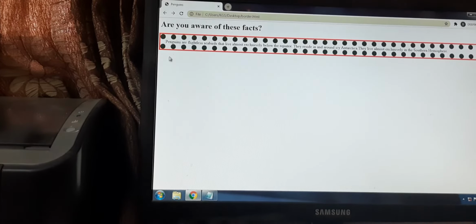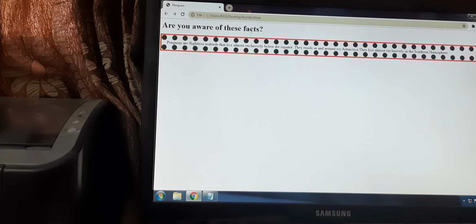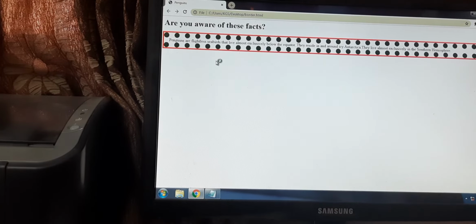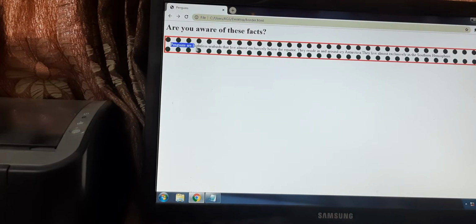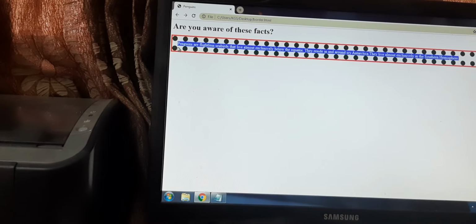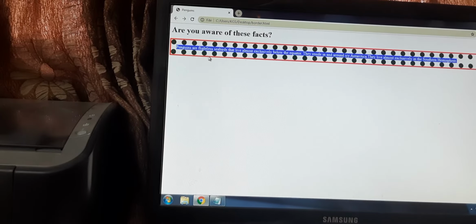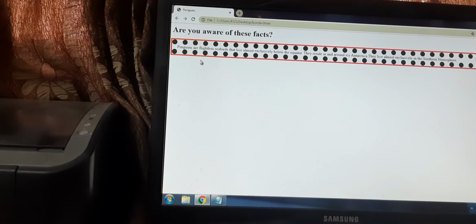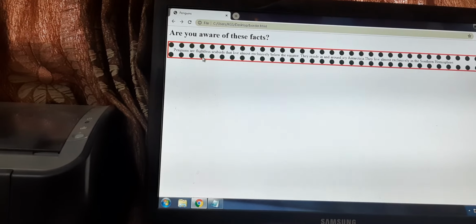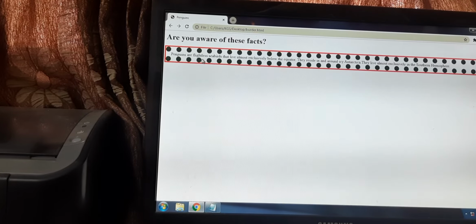Now you can see you are getting your title here. And then you have your content here. Can you see the content? Yes, this is our content. The space covering this content is our border. Can you see the border? We gave it as 20 pixels, dotted, and green. These are the three values that we specified as far as border is concerned.